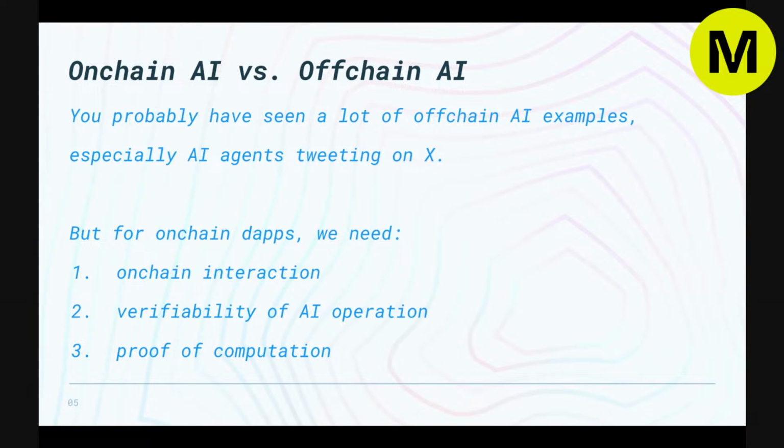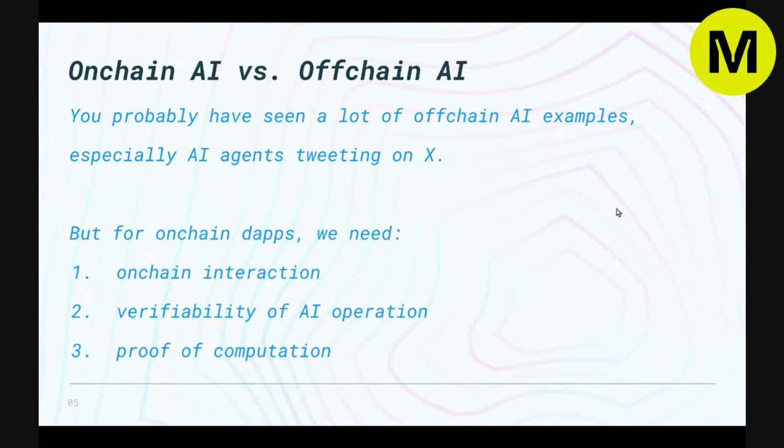If we take Ethereum or any layer 2 as an example, the verifiability and also the proof of computation comes from the decentralized consensus of the network. And also, if we take L2 as an example, it will be the ZK proof or the fraud proof of this whole rollup, so that it ensures that the smart contract is actually connected on chain.